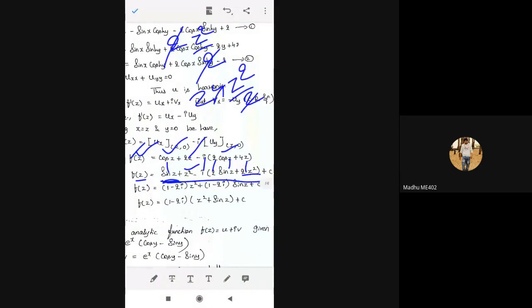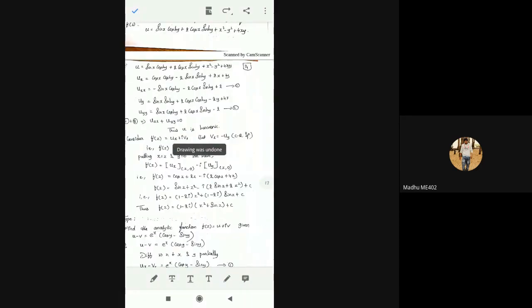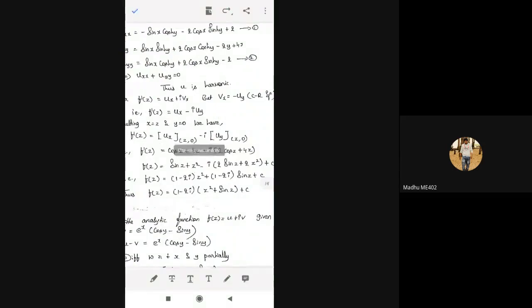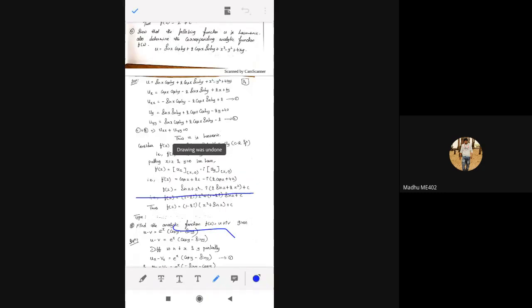Like this also you can keep, or else you can separate. You can separate like this. So if you feel difficult, just keep your answer like this. Okay, so this is your answer. They will give full marks, so no need to worry about this step. If they ask you to show the steps, then you can do this one.